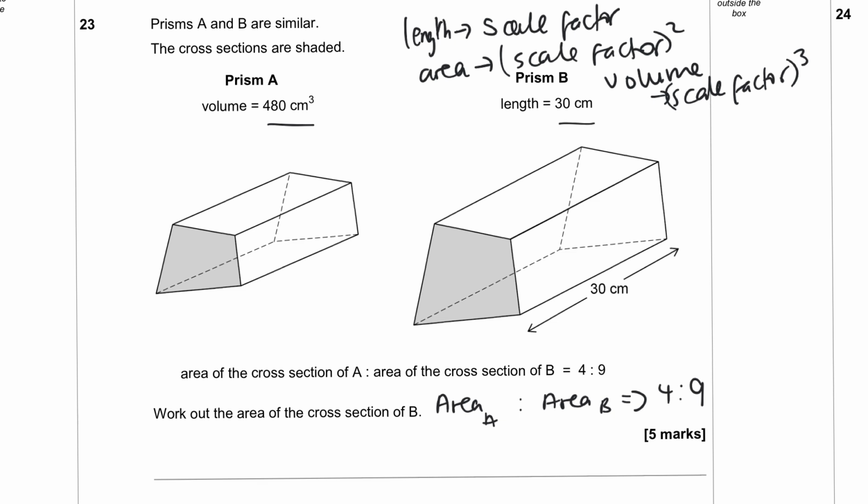So now that I've said that, if we know that the ratio for the areas is 4 to 9, then to work out the scale factor, we're going to square root the ratio. So if we square root the ratio, then their ratio is also the same as saying 2 to 3. So now we've essentially worked out their scale factors as a ratio. So then now to work out the length of A,